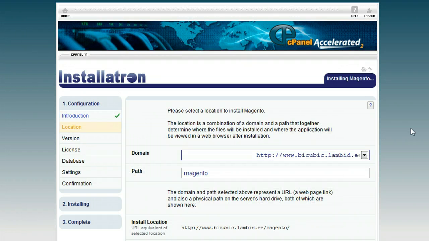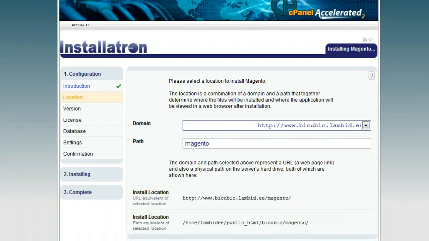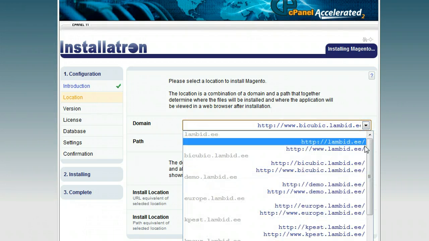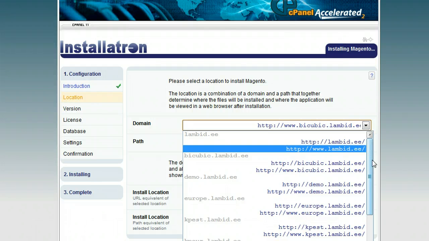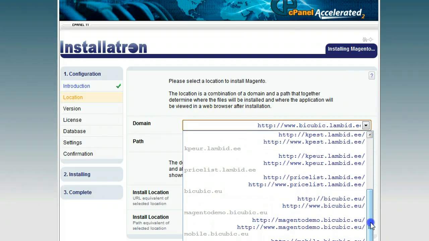Now on this screen we have a choice of where we want Magento to be installed. By default you will have a choice of your primary domain that you registered with your hosting account. I've registered several domains, that's why I have quite a big list here. I've already created some subdomains as well. For this tutorial I will be installing Magento to a subdomain of one of my domains, which is